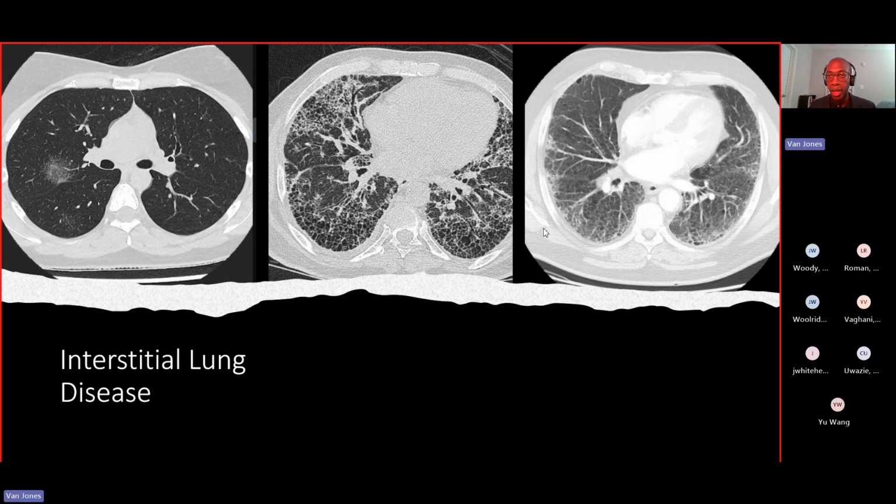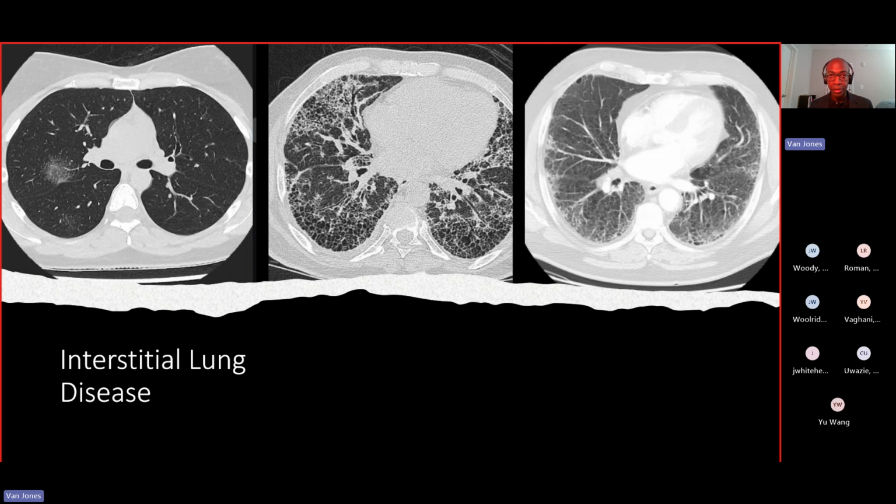Over here on the right, this one is rheumatoid arthritis. You can also see some honeycombing out in the periphery, not nearly as much fibrosis here in the central part of the lung. And over on the left, this one is sarcoidosis. It's a little hard to appreciate here, but there's some hilar lymphadenopathy, a little bit of fibrosis in the lung fields, but not nearly as severe as these two here.